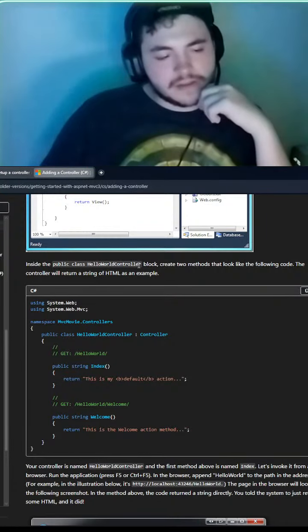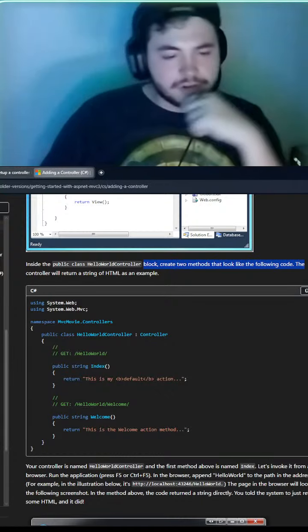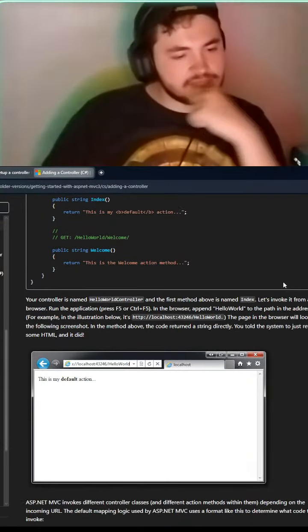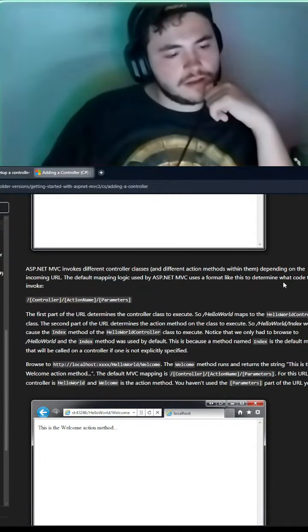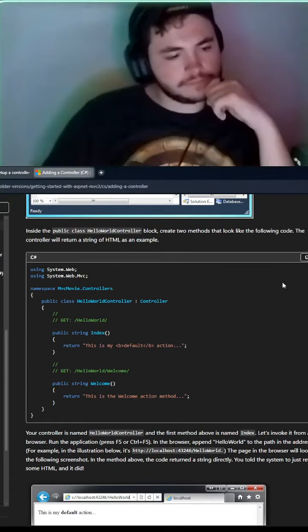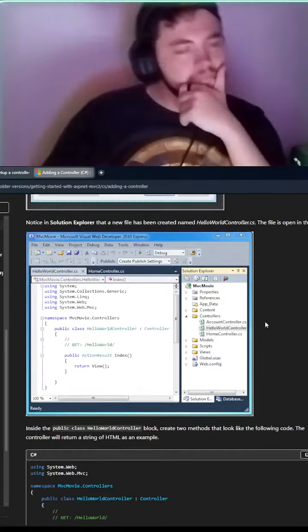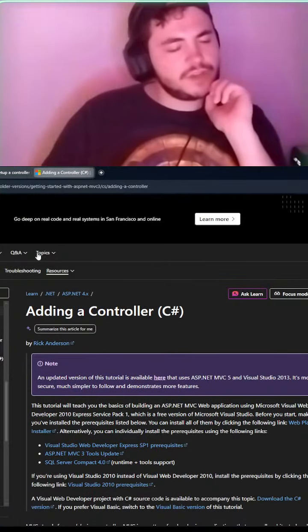Inside the public class hello world controller block, create two methods that look like the following, and it will return a string as an HTML. No, this is not what we're looking for.